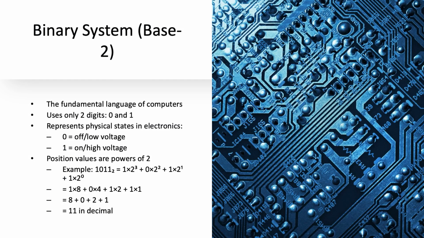Binary is the language of computers at their most basic level. Unlike the decimal system with 10 digits, binary has only 2, 0 and 1. These correspond to the physical states in electronic circuits, often on or off, or low voltage and high voltage. Each position in a binary number represents a power of 2. For example, the binary number 1011 equals 1 times 8 plus 0 times 4 plus 1 times 2 plus 1 times 1, which is 11 in decimal. Computers use binary because it's much easier to build reliable electronic systems with just 2 states rather than 10 or